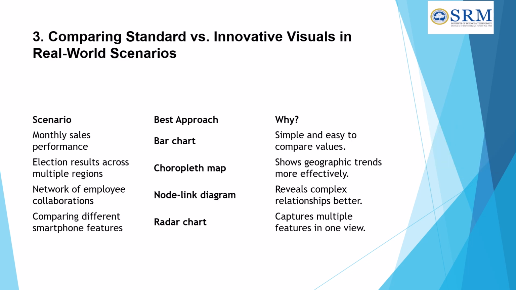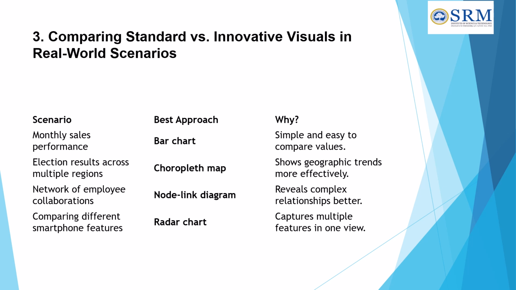Comparing standard versus innovative visuals in real world scenarios. When choosing between standard and innovative visuals, it depends on the data and what you want to show. For example, monthly sales performance is best shown with a bar chart because it's simple and easy to compare numbers. When showing election results across regions, a choropleth map, that is a colored geographical map, works better to highlight location-based